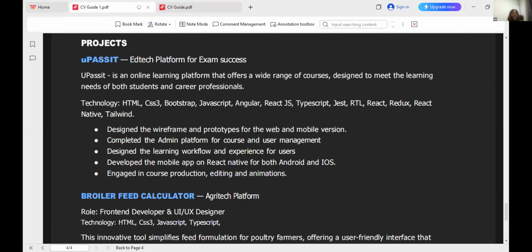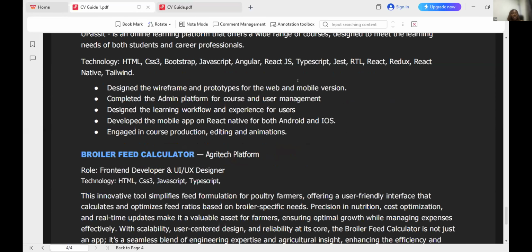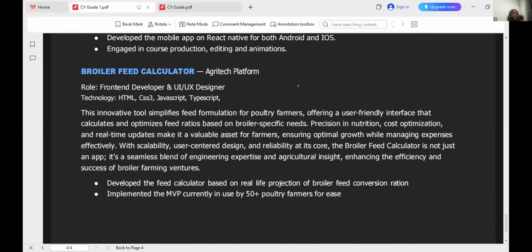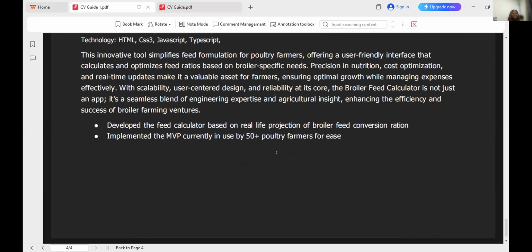Then he has already listed everything, almost the same way he did his job description. You can see he listed everything he did on this project. This one, same here, and scroll down. Now, this does not mean these are the only 2 projects he has handled. If you go to his website, you'll see a lot of other projects, but he just puts these 2 in his CV for the recruiter or whoever is going through the CV to see. If I want to see more, I can now go to his website to see more.